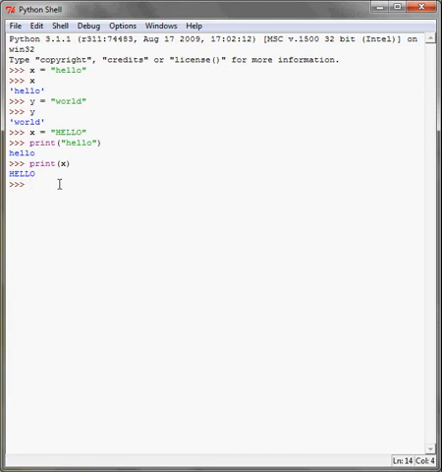Now, to call this function, we use something called dot notation. Dot notation looks like this: x dot upper brackets. Dot notation is a simple and very effective way of calling functions and manipulating variables. Since the function needs to know what variable it is going to manipulate, we take the variable x dot function